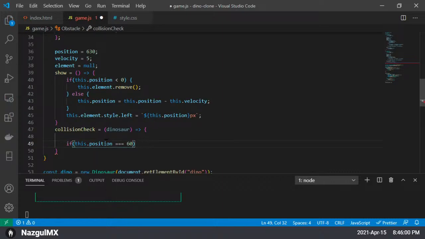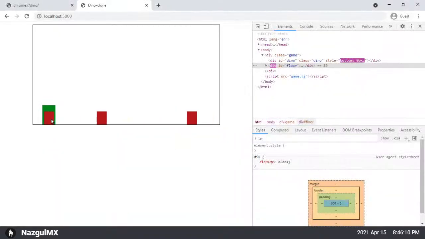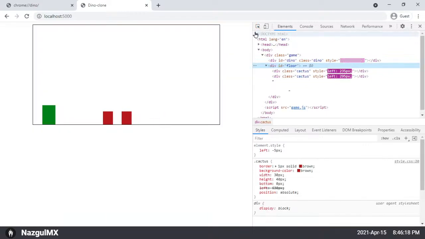What I want to do is to compare the dinosaur position on the x axis, which will always be the same since the dinosaur doesn't move forward or backward. It's the same position, and I think it's